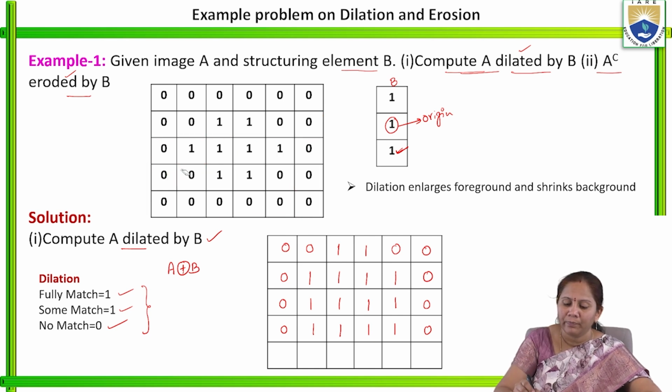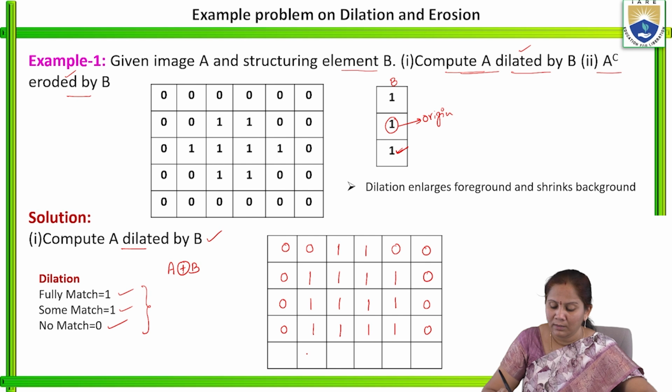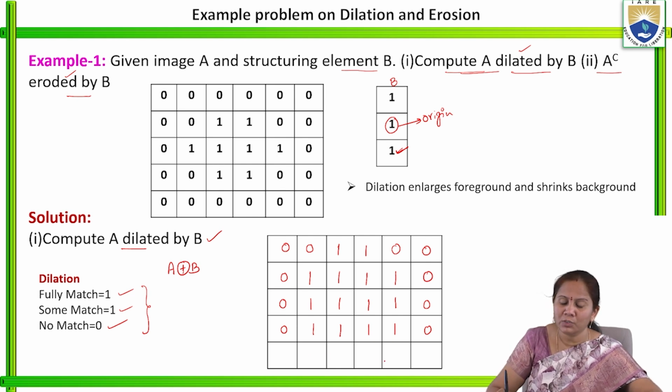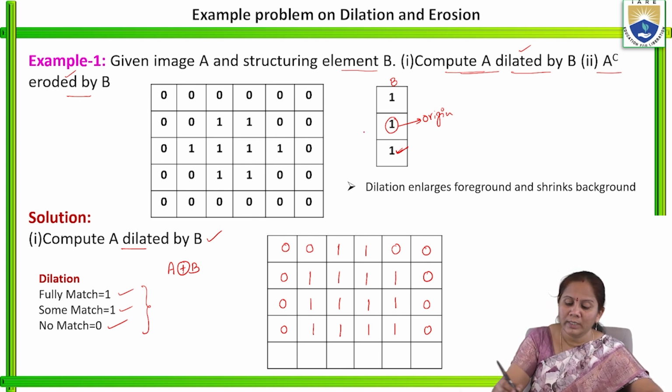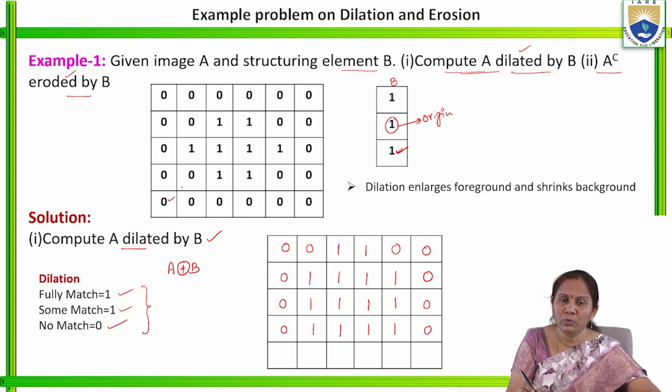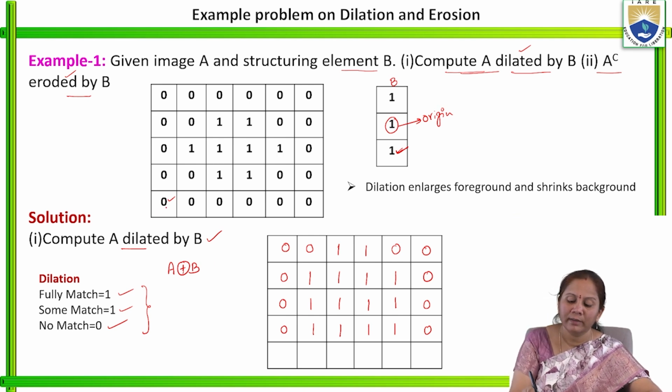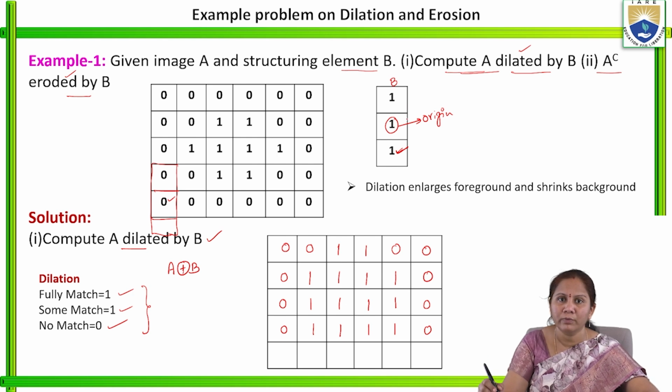Now the last column, the last row needs to be calculated. So here, this is the value we have to consider, and place this structuring element on the image A such that the origin is on this value. If you place it, the mask will look like this. Here 3 elements of A compared to 3 elements of B, there is no match at all. So we have to keep this value as 0.